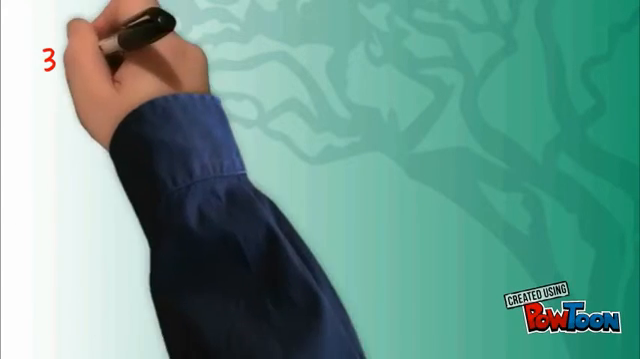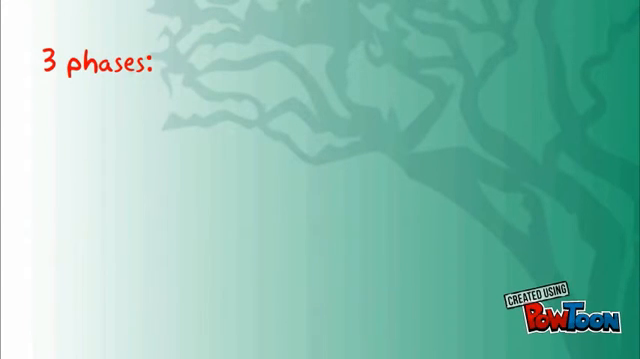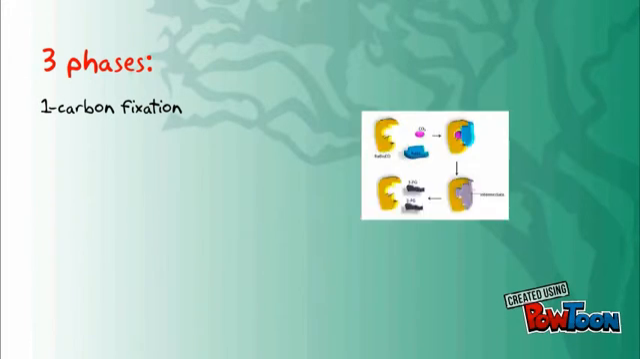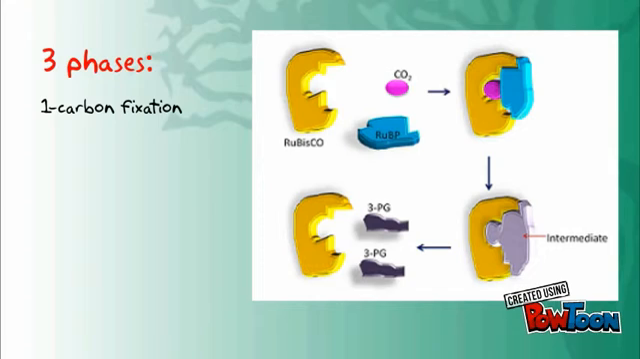The Calvin cycle happens in 3 phases in the stroma, as mentioned before. The first phase is carbon fixation, which, as the name indicates, fixes CO2 to RuBP, which is a 5-carbon sugar, using an enzyme known as